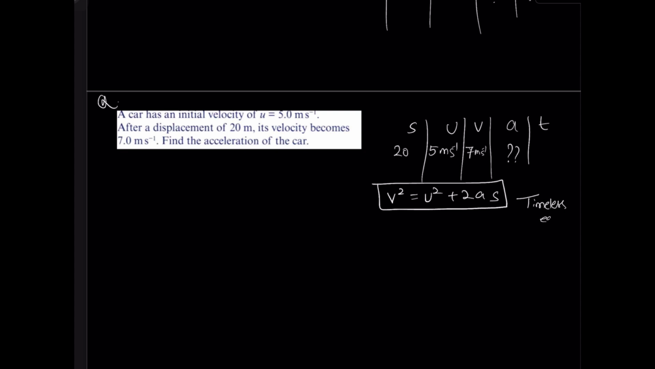Here, a car is initially moving with a velocity of 5 meters per second. So initial velocity is given as 5 meters per second. After a displacement of 20 meters, its velocity becomes 7 meters per second, so its final velocity is 7 meters per second. Find the acceleration of the car. So now we know S, U, V, and we need A. The equation connecting them is v squared equals u squared plus 2as, also called the timeless equation. We don't need the information about time. Timeless equation. So if I plug in these values,